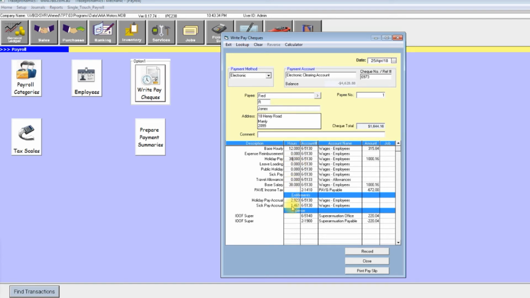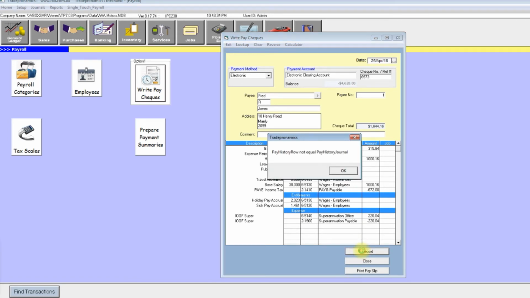Same goes with sick leave. He accrues 1.461 hours sick leave every pay period. If he takes a day sick, which is 8 hours, it will subtract 8 hours from the total. And there's the super, and that's about it. So that's his total pay there, and that's the payroll. Okay, if I go record,